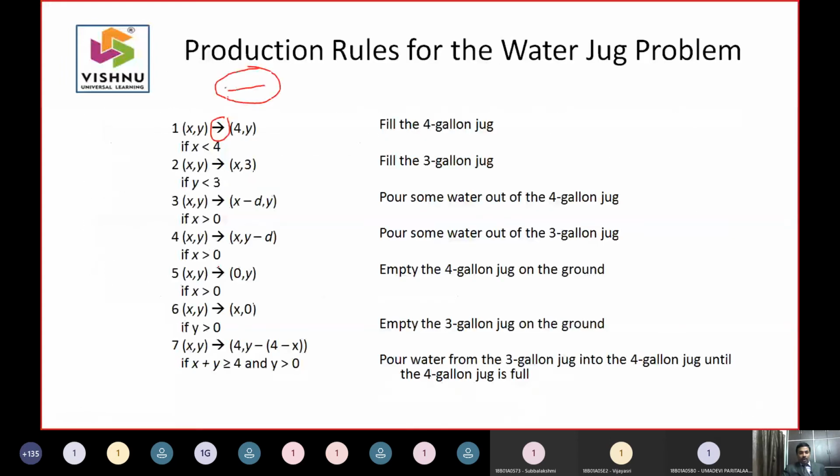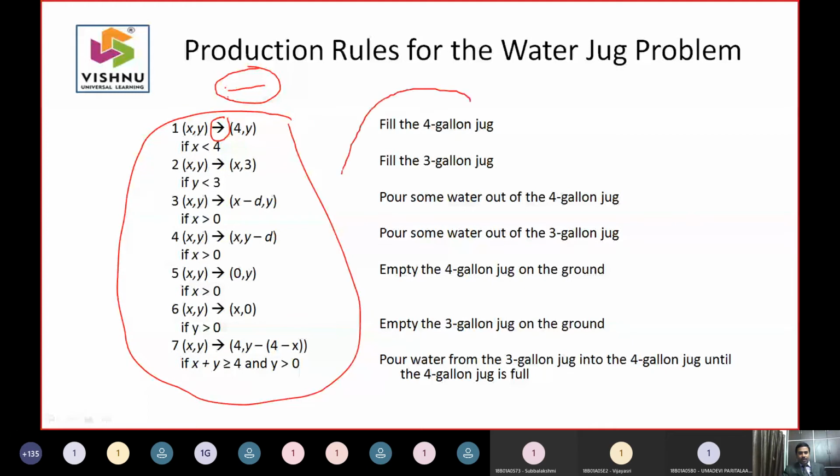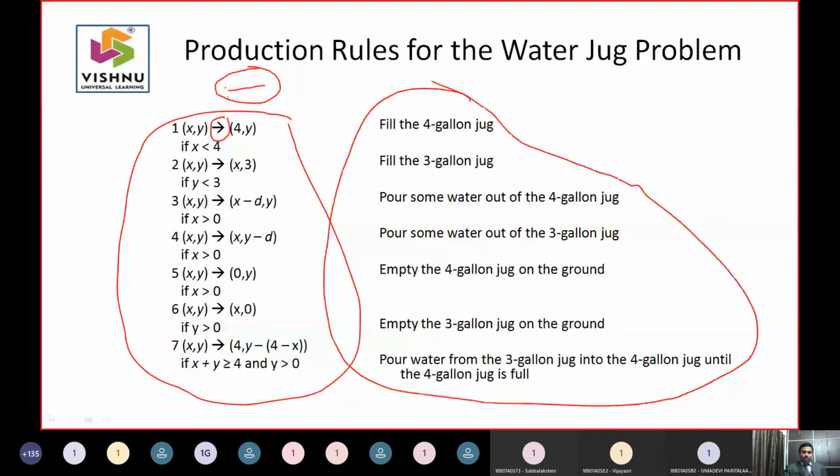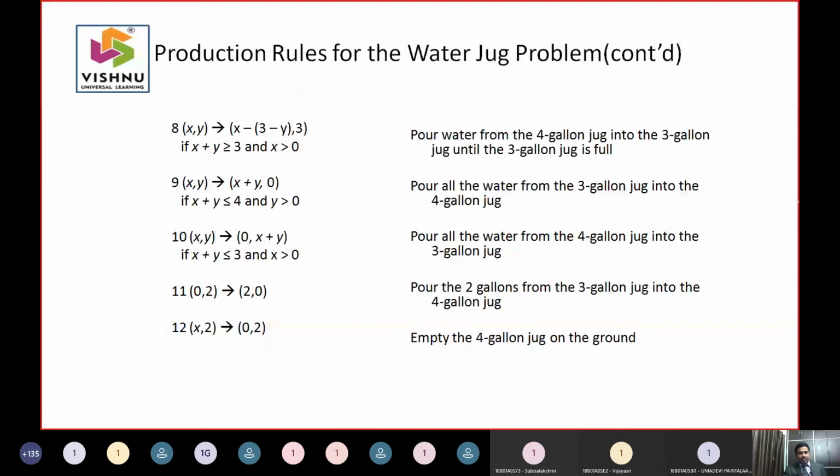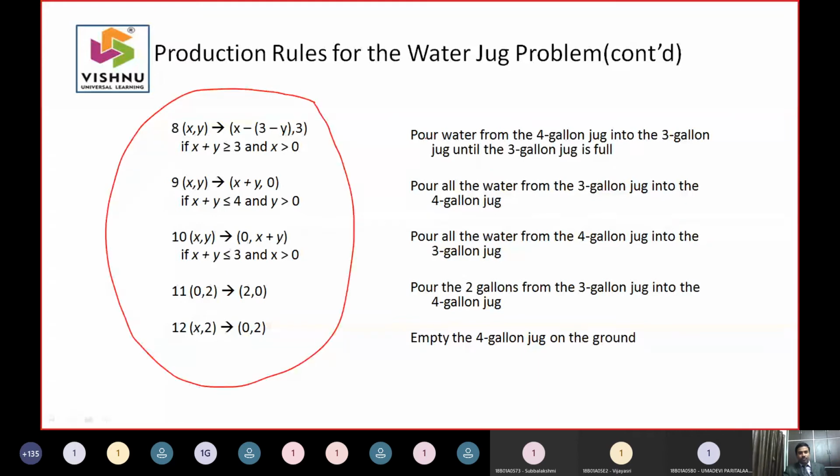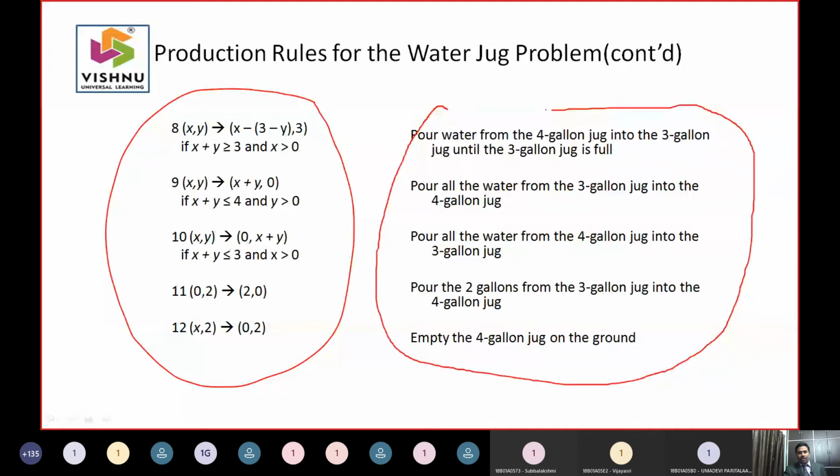So I'm coming back to these slides. This is the amount of knowledge we have created to solve this problem. All this we call knowledge, and the right part is a description of that knowledge. Once you have this knowledge, then the other things are very easy. You need to write the productions like this. The last two productions I have not written because they are self-explanatory. I have written till this part.